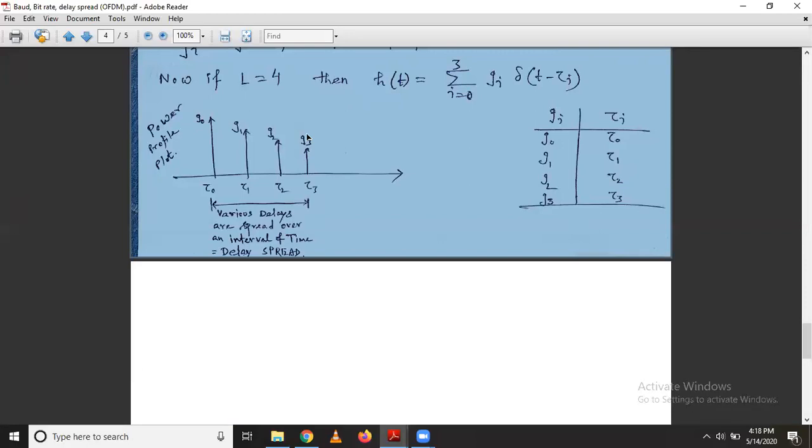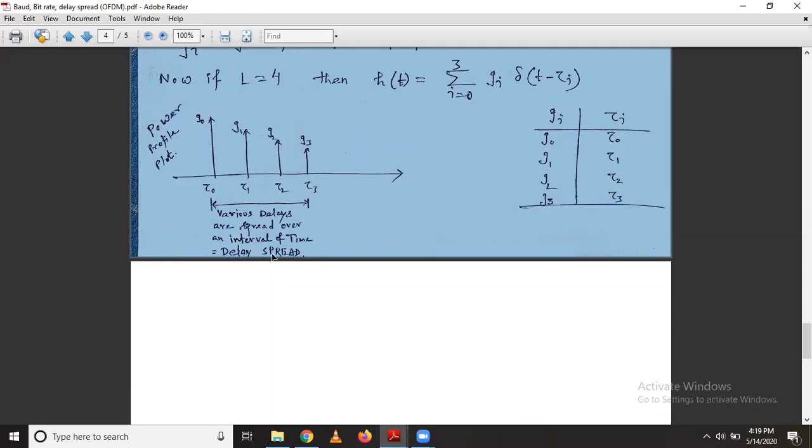from the tower. It is received at the mobile phone by using a line of sight path, maybe by using a non-line of sight path. That means for one symbol, more than one signal is received at the receiver side, at the mobile phone, at different delays with different attenuated amplitudes. These various delays are known as delay spread.